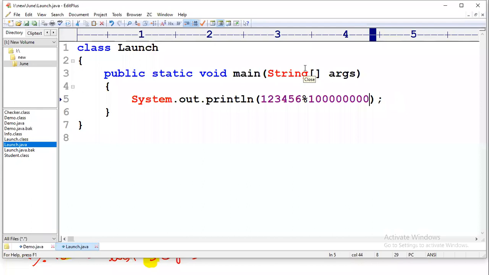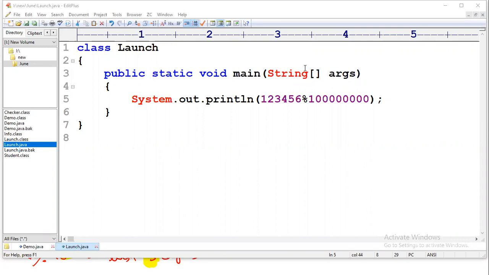Now the last concept about the modulus operator is remaining. This last concept is very important when you are using strings, arrays, and many other things, because there will be a problem of index out of bound exception. You might not know it now, but that problem will happen. So how to overcome that problem, I'll be telling now.